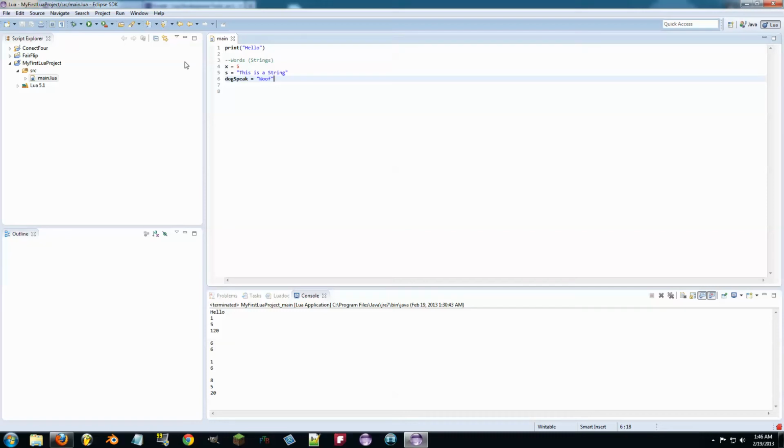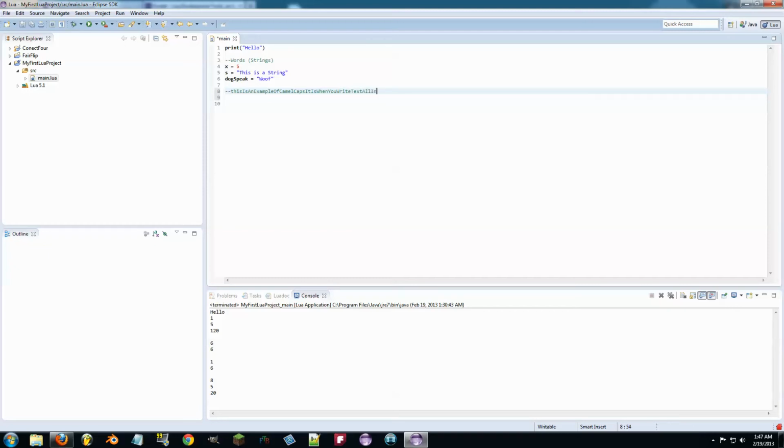If you take a look at how I wrote dogSpeak here, I had lowercase d-o-g, capital S, p-e-a-k. That is called camel caps. Let me write some more, in comments so we don't get an error. Some more camel caps. Start lowercase for variables. It's common practice. I don't know if it's required in Lua. In many languages it is, but it's good practice to do it. So capital S, capital A, capital E, capital O, capital C, camelCaps. It is when you write